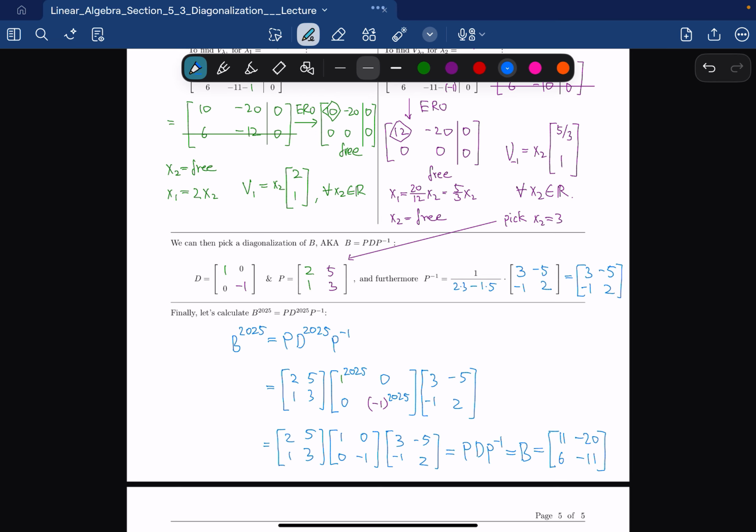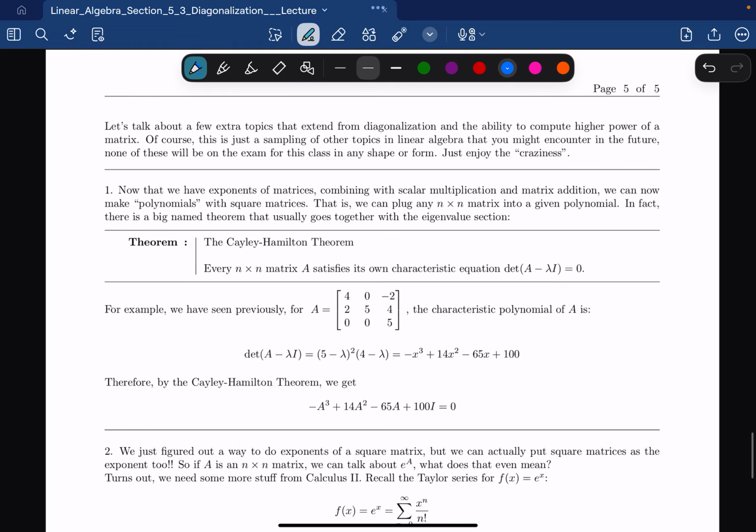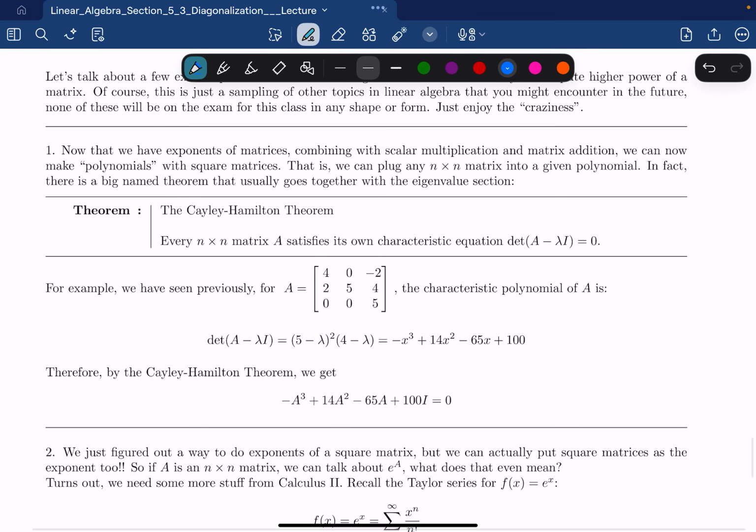What does this actually benefit us in the long run, in the grand scheme of things? Why do we bother talking about linear algebra in terms of eigen stuff? There are some interesting applications in terms of optimization as well, but I'll leave that for your own discovery for another day. But here, one of the more interesting things that our book doesn't quite go into detail about is